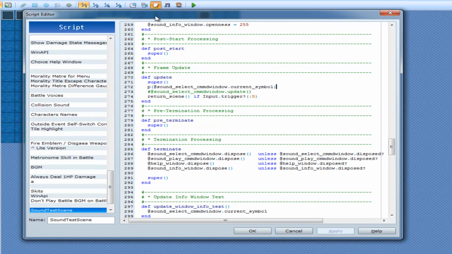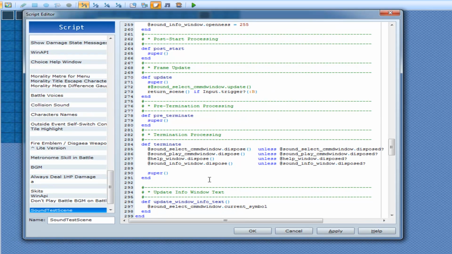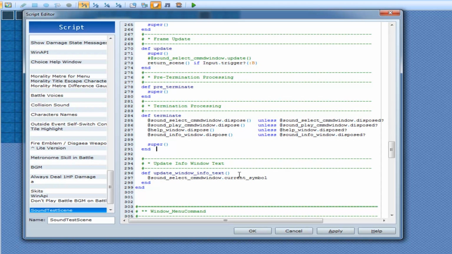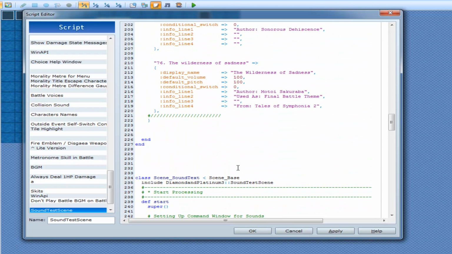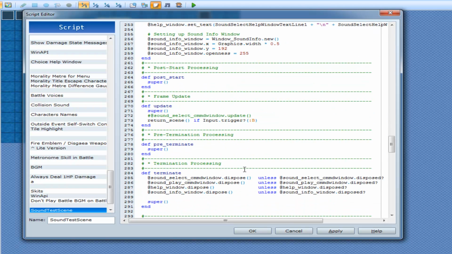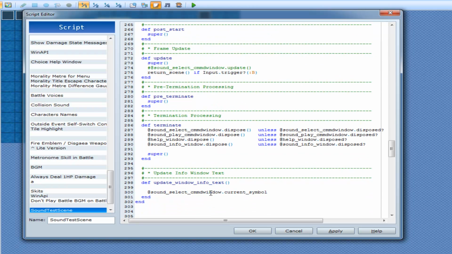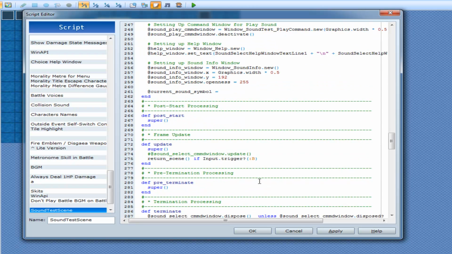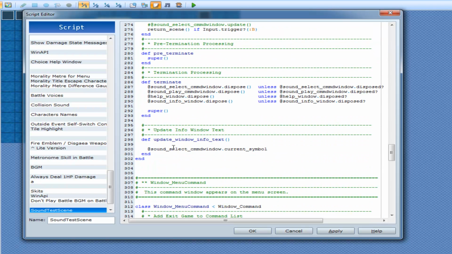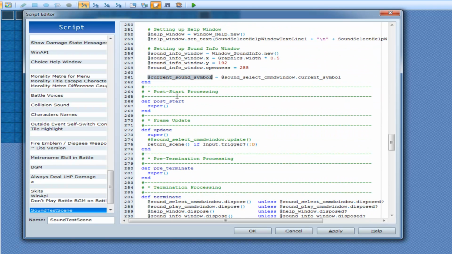So, get rid of that. What we're going to do is, we're going to make another instance variable here. Another instance variable, which I should do in initialize actually. Yeah, I'll do it in initialize. Initialize, and this is going to be current sound symbol, and I guess that will just equal that. Now what's going to happen is we're going to go if